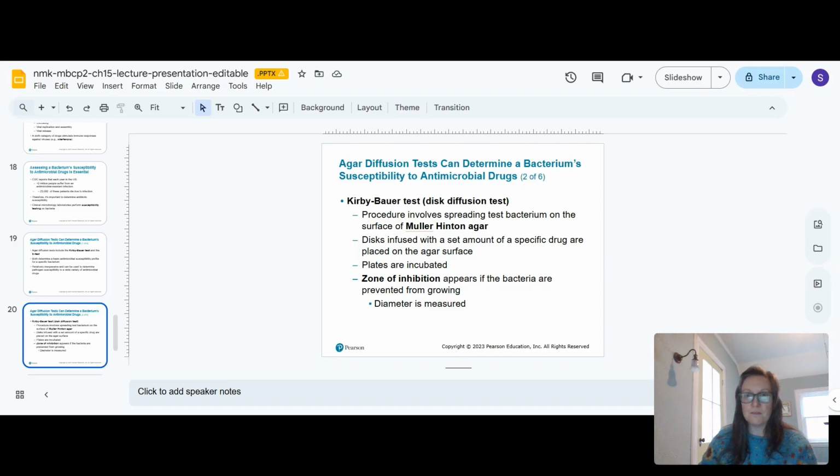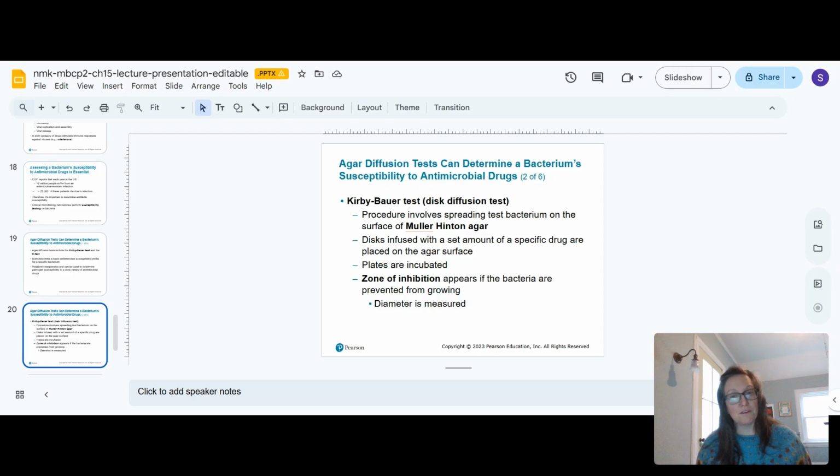So we get bacteria spread on the petri dish, and then we place discs on the petri dish. These are usually little paper punch-out discs, kind of like a hole punch, but they're infused with a set amount of a specific antibiotic. We put those on the agar surface and incubate the plates to see if the bacteria can grow over those antibiotic discs,